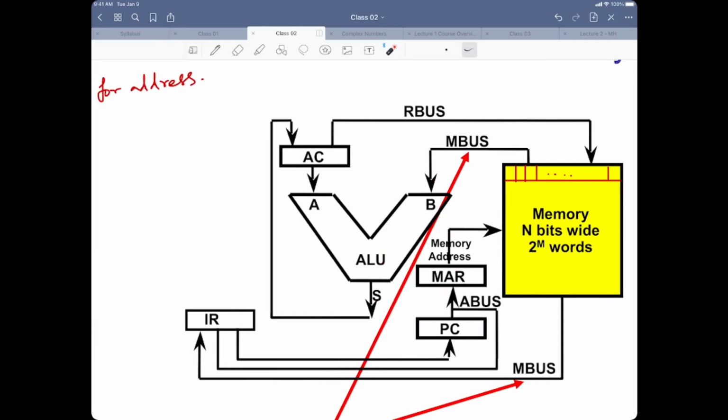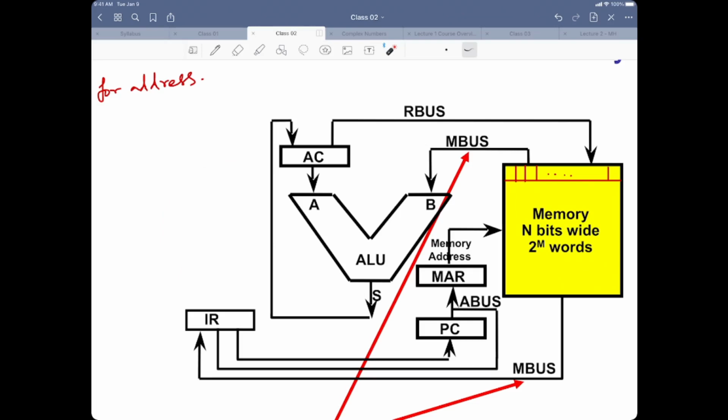Where does everything start? Program counter, right? Program counter gets loaded into the memory address register. Initiate a memory read sequence. Get that particular address through the memory bus to the instruction register. Step 1 complete. Step 2, control unit is going to look into the opcode field and decode the instruction, right? So we are going to put in a control unit somewhere over here in the next slide. Step 3,